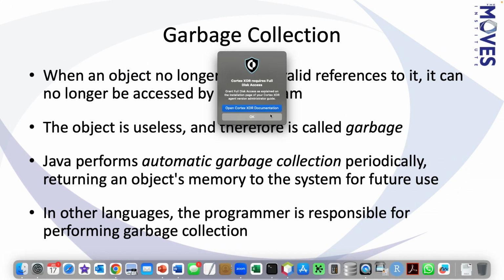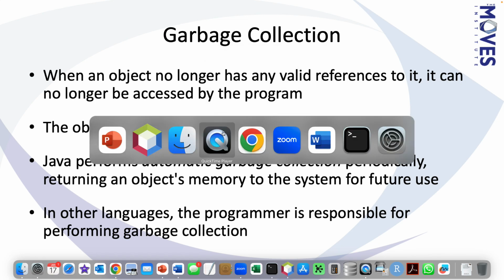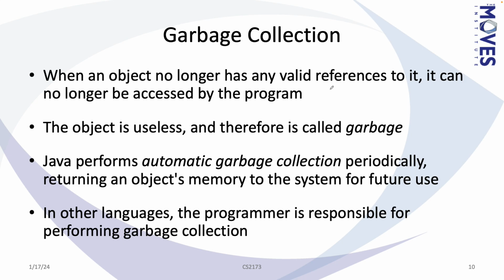Okay, garbage collection. That is something which was kind of an issue in a non-garbage collected language like C++. When you created an object, it stayed there forever. And so what would happen is you would have something called a memory leak, which means you keep creating objects and pretty soon you run out of memory, because even with the size of memory that we have now, there's only a finite amount of it. Especially in large simulations, there are lots of objects being created, and so it's very easy to run out of memory.